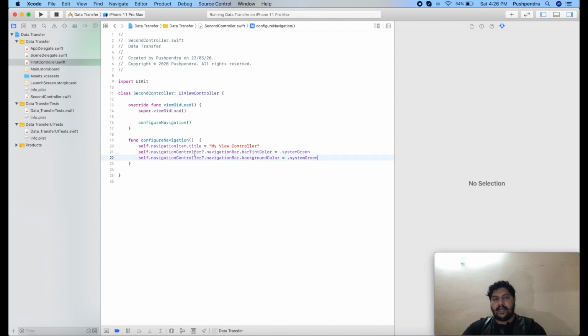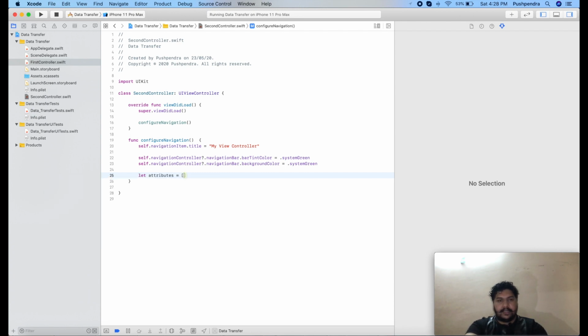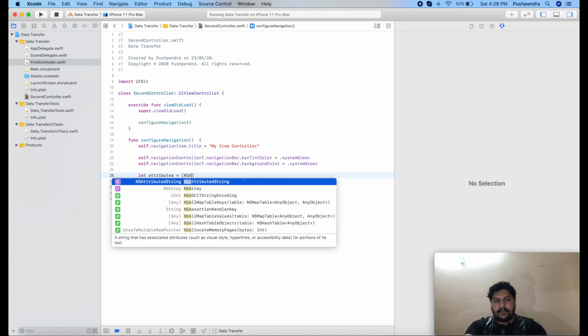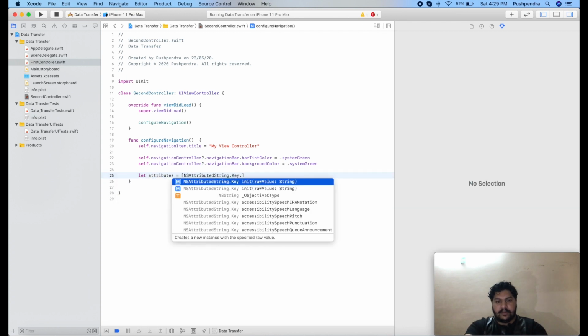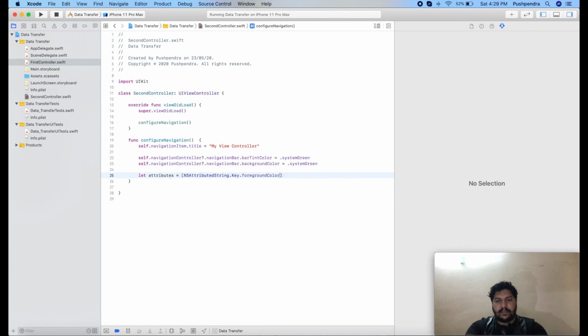Now I would like to change the color of this title. So how can we do that? For that you have to write let attributes equals NSAttributedString.Key.foregroundColor: UIColor.white. Now we have to set these attributes to our navigation item.